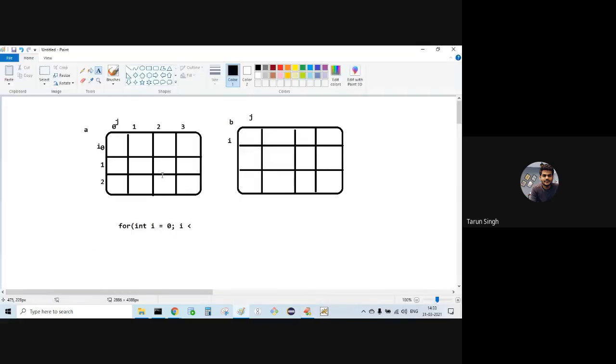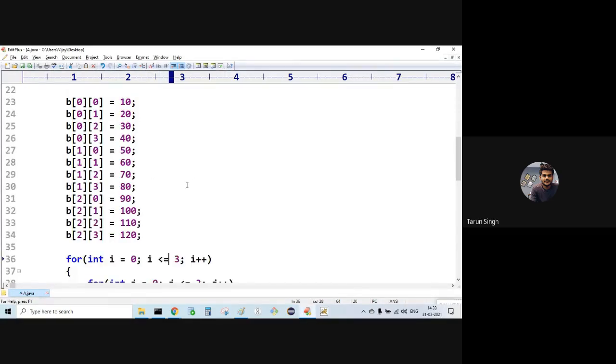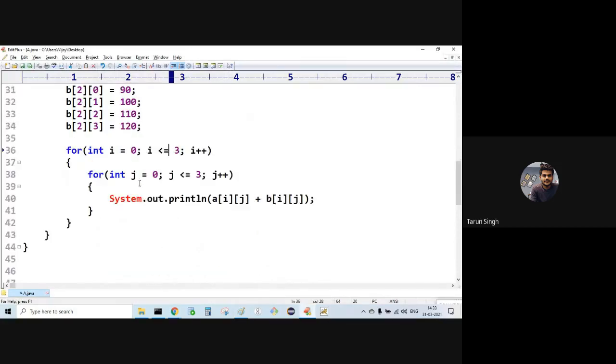He's taking 3 now. 1, 2, 3. Right. This is also 1, 2, 3, right? 0, 1, 2, 3. I is less than or equal to 4.